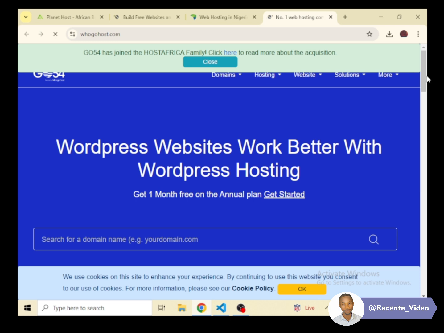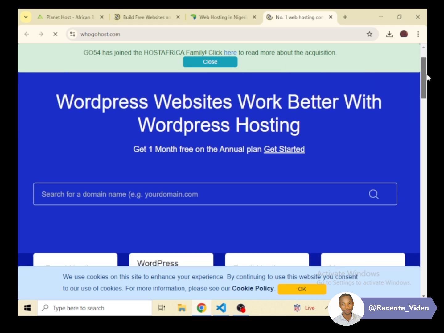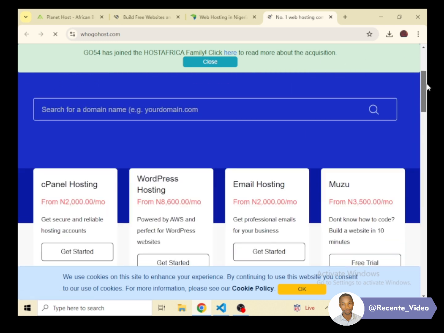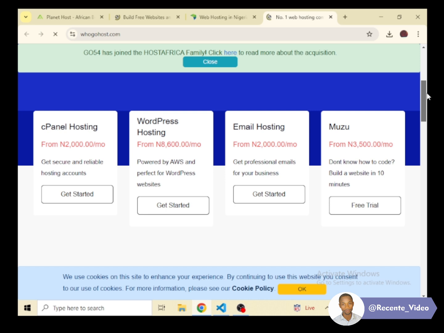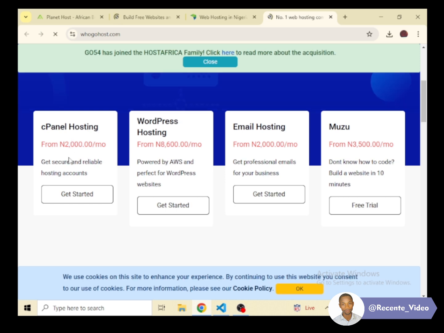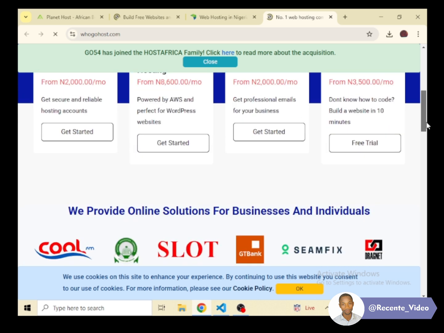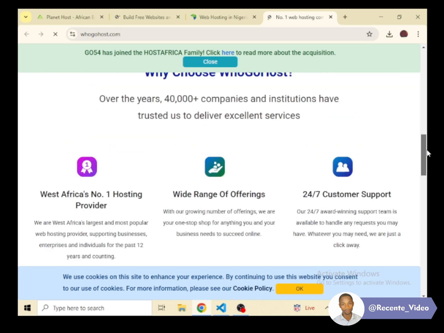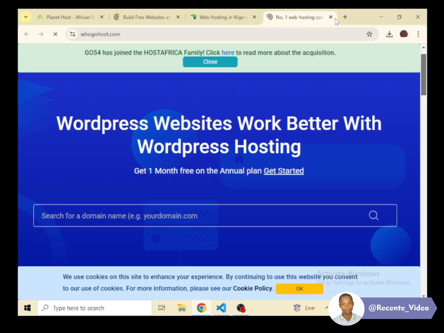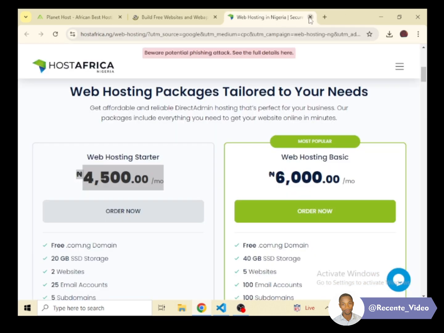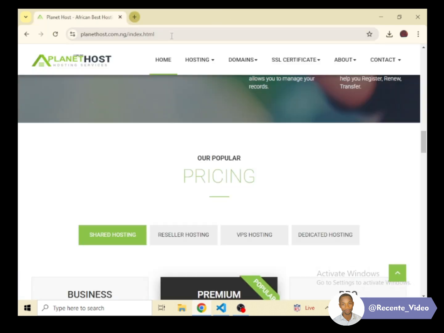Here we have Google Host as well. You can see that. cPanel hosting, 2,000 naira per month. Email hosting, 2,000 naira per month. You can see that. This is a Nigeria hosting service that work fine. So you need to get your SMTP and your email